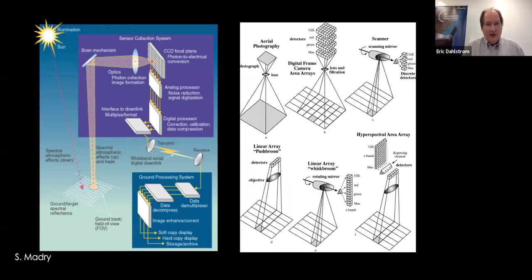Visible light is definitely easier than infrared detectors. Infrared gets very difficult, and some of the systems only work with cooled systems. But partly this diagram illustrates that there is processing on board the spacecraft, and then the data is transmitted down, and then there's post-processing on the ground. And there's a whole variety of ways that people have come up with to scan or collect image data